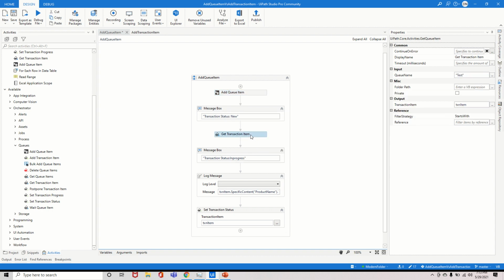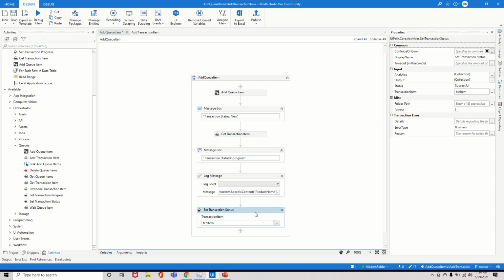Then get transaction item is the next activity, which fetches the transaction from the queue. This will change the status of the transaction in the queue to in progress, and I'll show you that. Then we have set transaction status, which will mark this item as successful in the end.